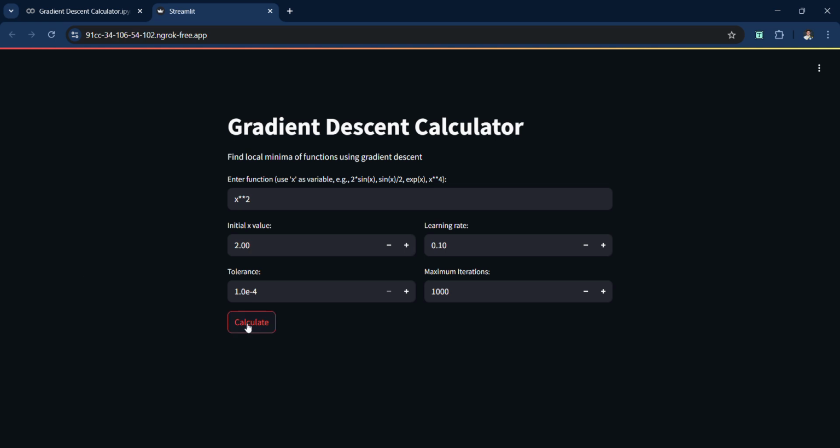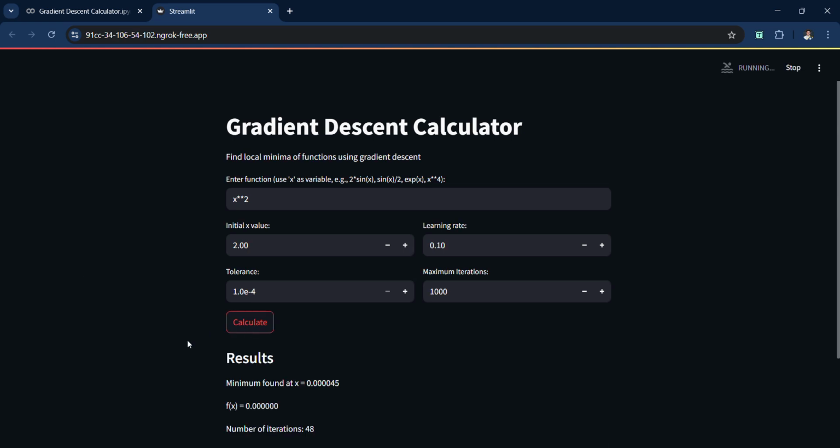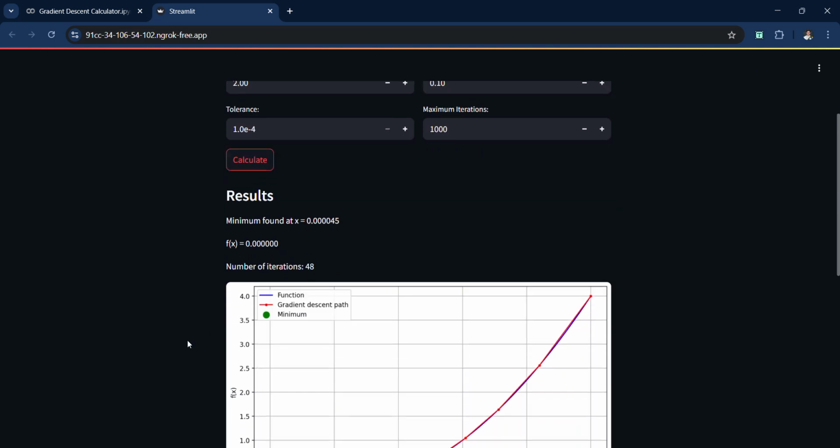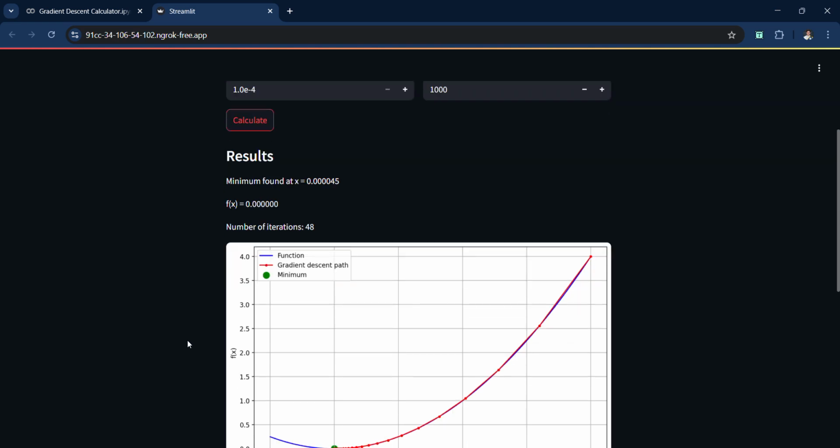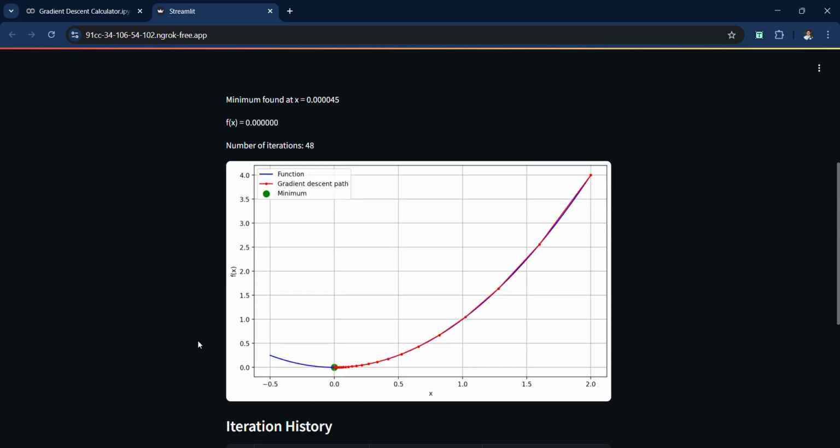Then we will run. Clicking run, you will see the result. The minimum found at x, you can see there, is 0, and the number of iterations is 48.